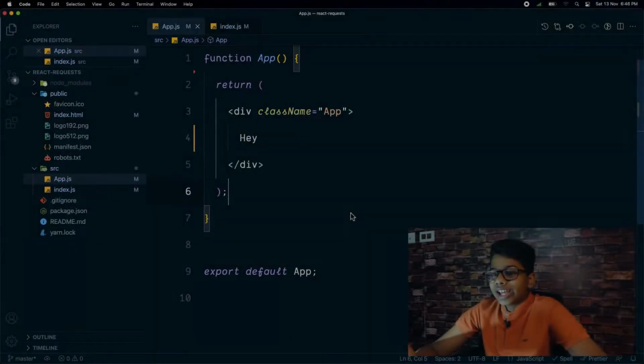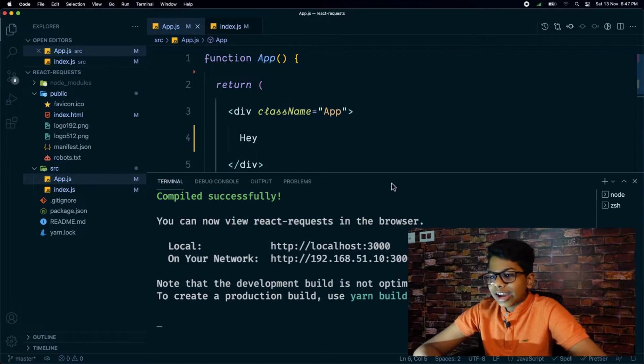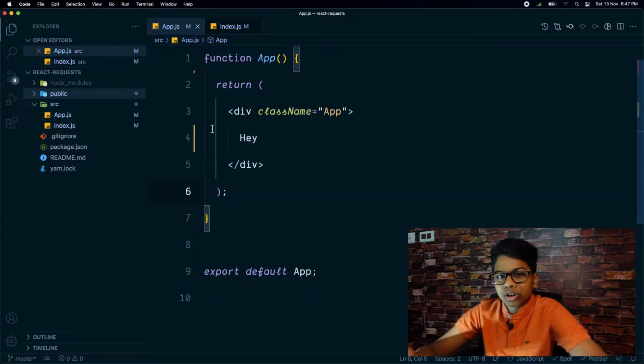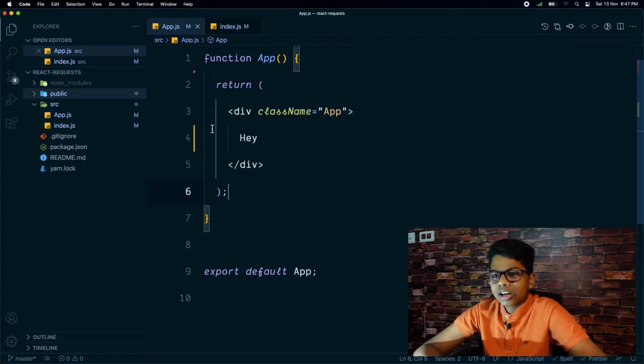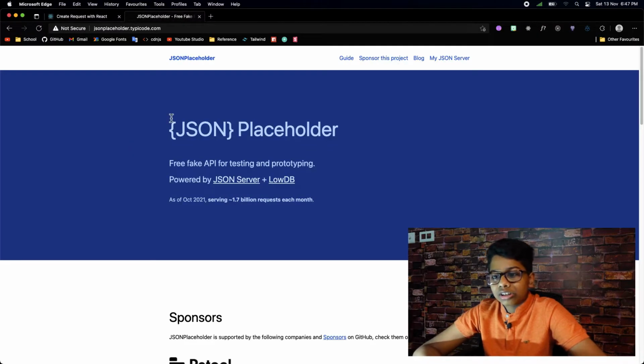So to get started, I have created this project. It's just a simple React app created with the create-react-app utility. I just ran the command npx create-react-app dot, so it created it in the current folder, which is this one that I created called react-requests. And after that, it did a bit of cleaning up. So I deleted a few files, removed the imports, and now we're just left with two files, App.js and index.js. So for doing this, we will be using a library called Axios and also an API called the JSON